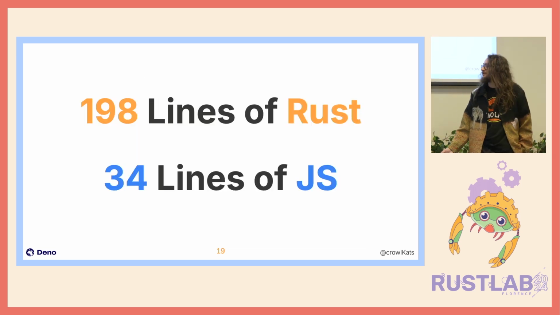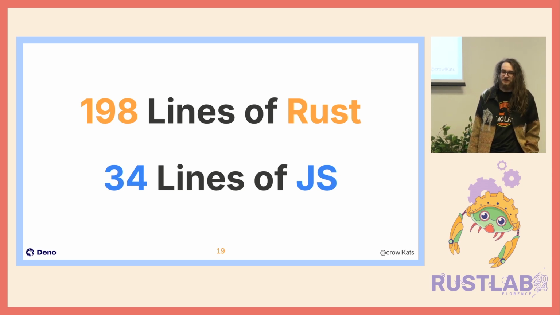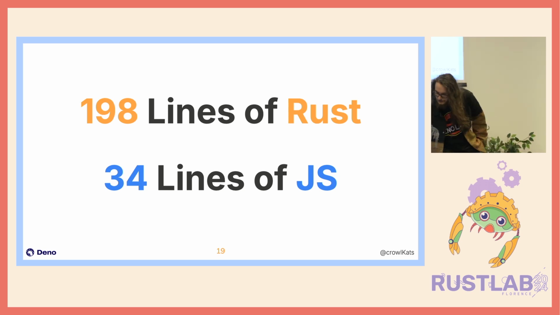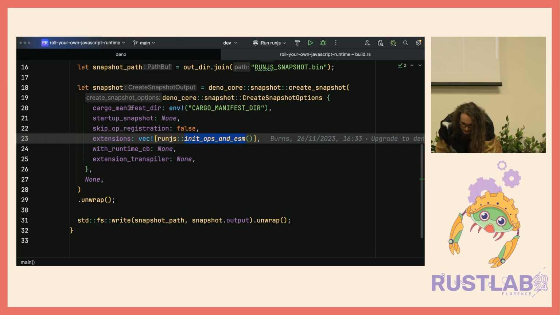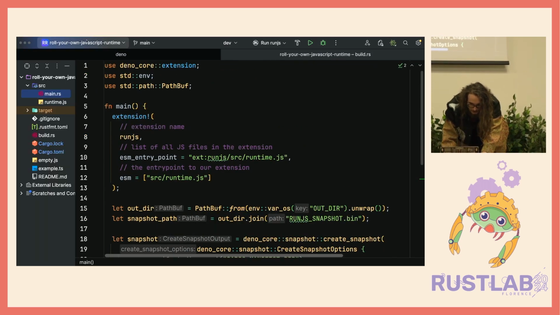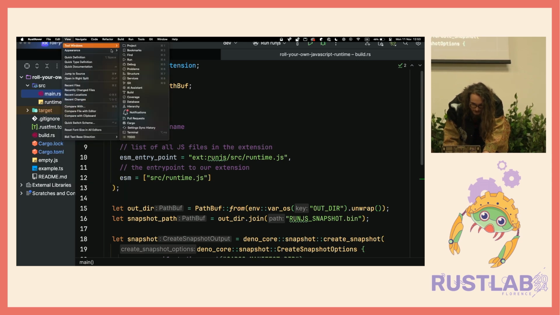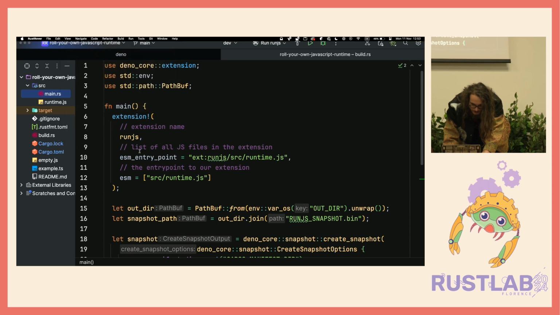So in the end, it took 198 lines of Rust and 34 lines of JavaScript to create a JavaScript runtime that can be relatively easily integrated in your project. And I mean, we can take a quick example look. You will not be able to see this easily, but